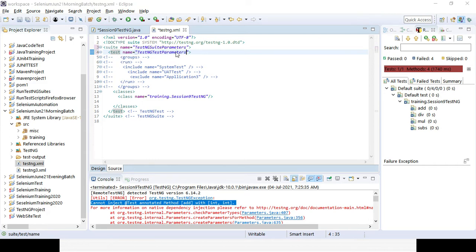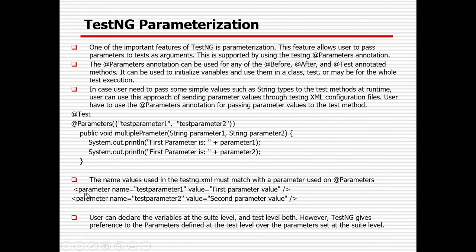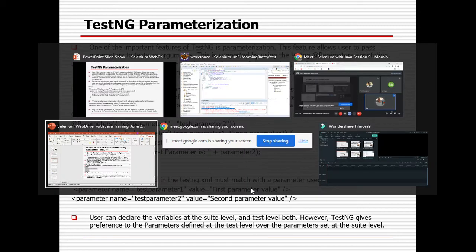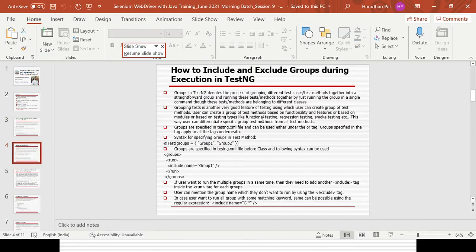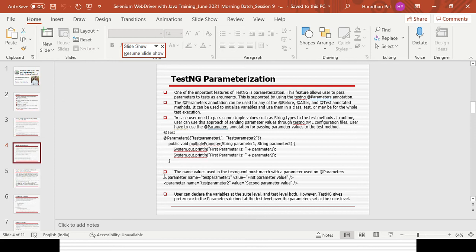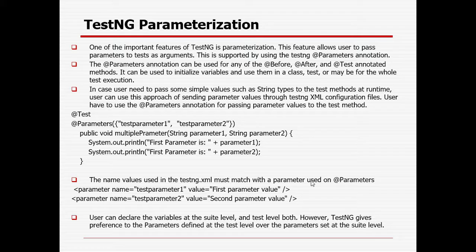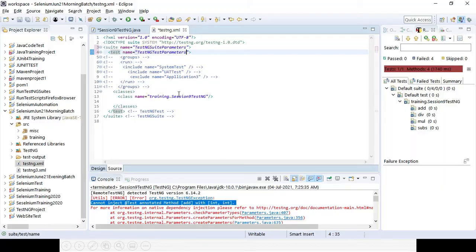And then you need to define it, right. So how will you be defining it? Parameter name equal to parameter name and value, right. So I can copy paste the same thing here, and I will be adding either at the suite level or at the test level. So let's first try to add at the test level, in the testng XML file.